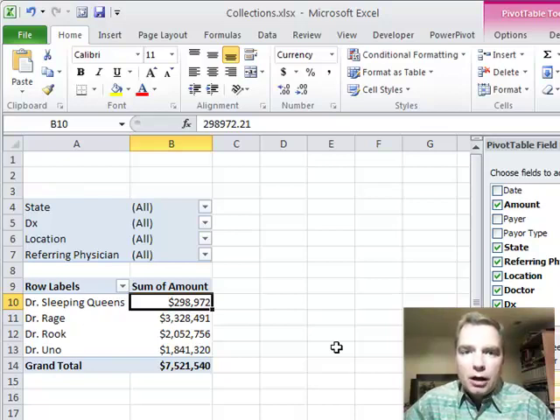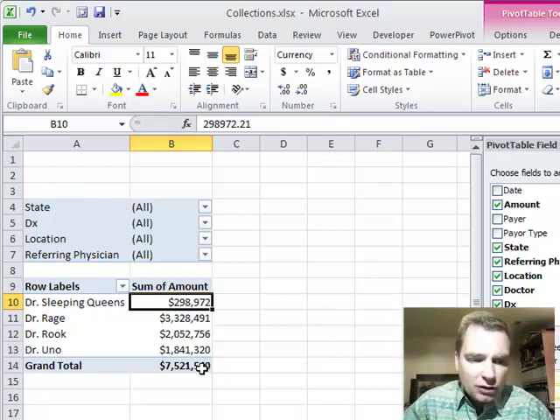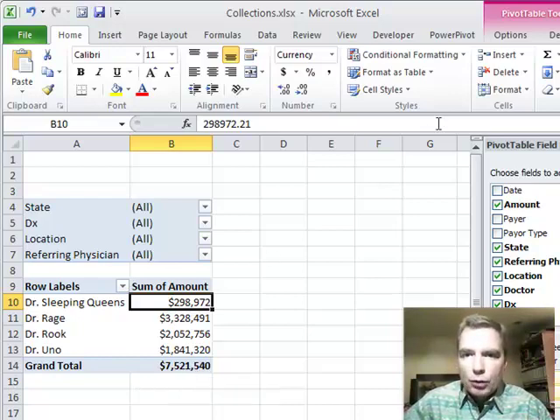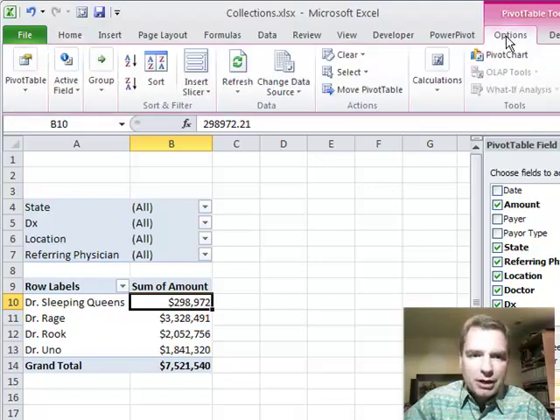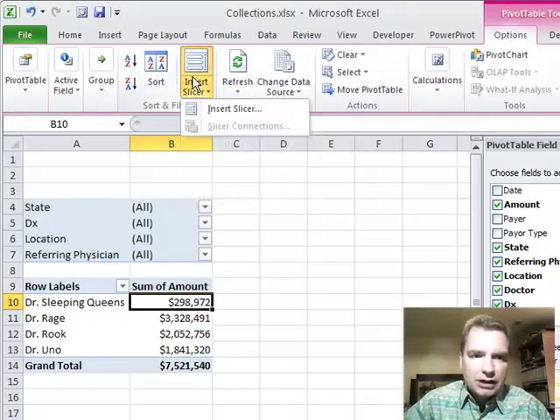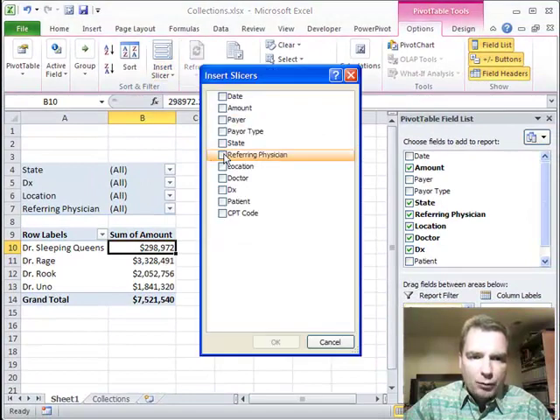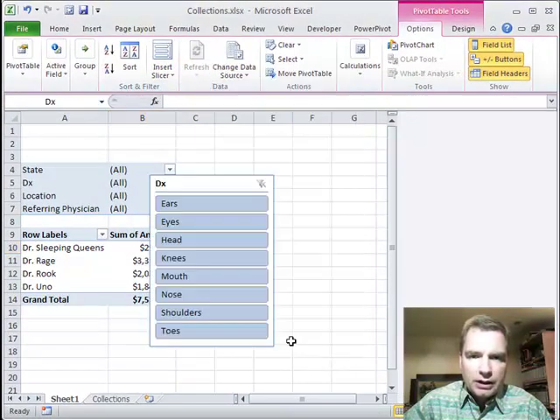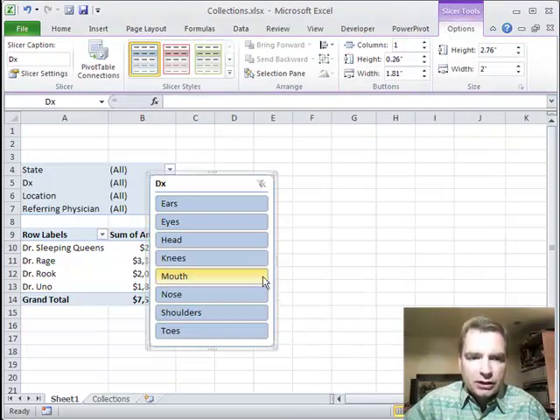We're still playing with slicers. Today I'm back to the collections data set we started with, and we're going to set up another slicer. So again, I'm under the options menu, insert slicer, and let's just do diagnosis, because what I want to do is, when you set up a slicer,